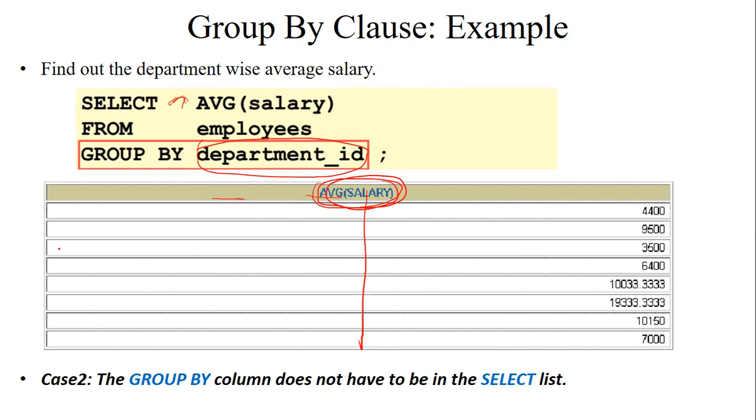Whatever column we use in the group by clause, if we have not specified it in the select list, then that column does not appear in the result. So that is something you have to take care of. If you want to display that column, then it is mandatory to specify that column in the select list.